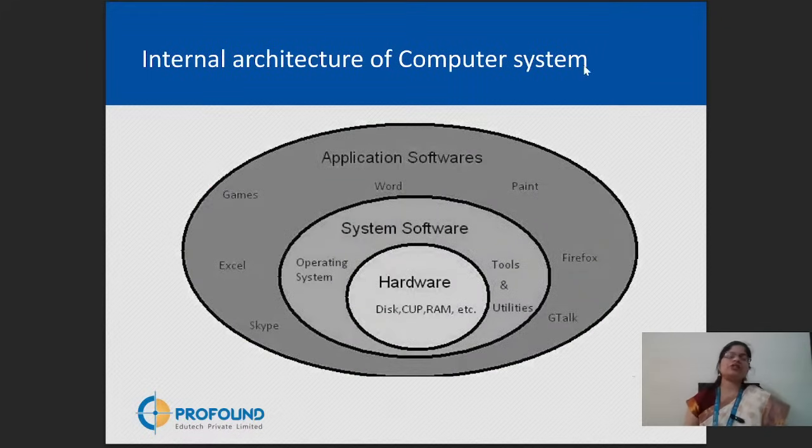Okay. So as you know, the internal architecture of a computer system consists of hardware and software. On your machine, if you purchase a laptop or PC, it is only hardware. If you want to work on that hardware, you need to install what? You need to install an operating system, such as Windows, Linux, Mac. That is a system software. Operating system is treated as a system software, the software which helps your hardware to function. जो आपके hardware को चलाता है, that is a system software.